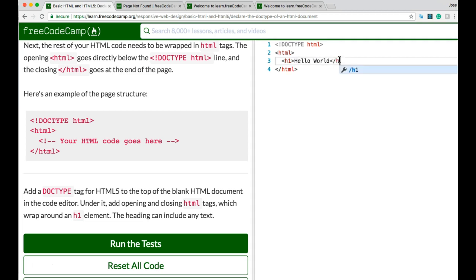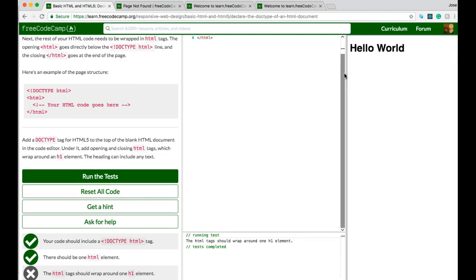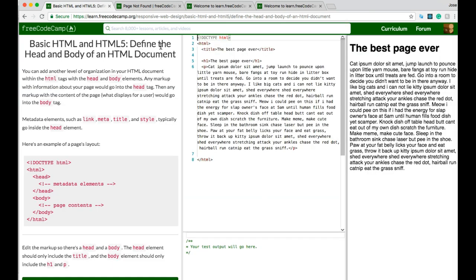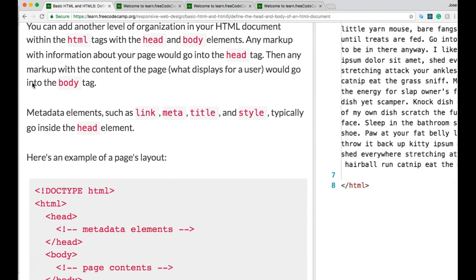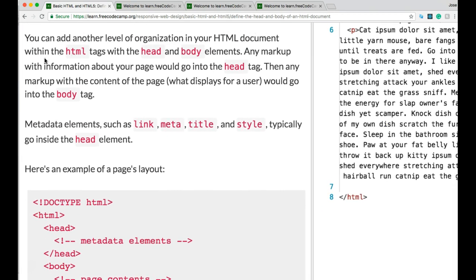H1, zoom out, we see it here. Run test, we did pass. So define the head and body of an HTML document. You can add another level of organization in your HTML document within the HTML tags with the head and body